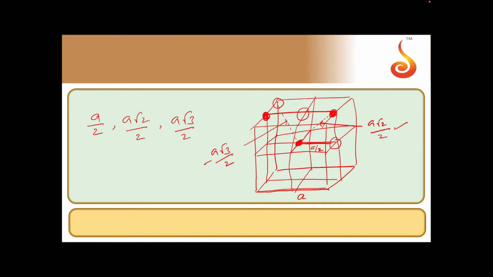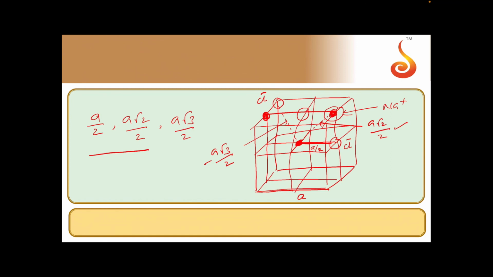So if you take Na here, this is the first neighbor, Cl minus ion you have. Then A root 2 by 2, this one, this will be Na plus ion. And the corner is again Cl minus ion, that will be coming under third neighbor. The question is only two neighbors, first neighbors and second neighbors we have.